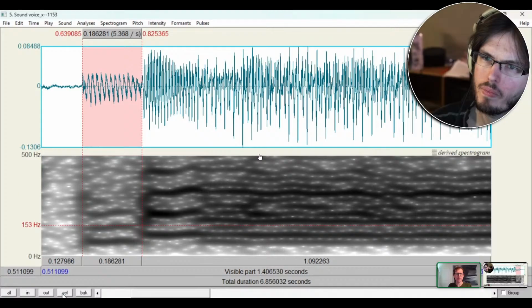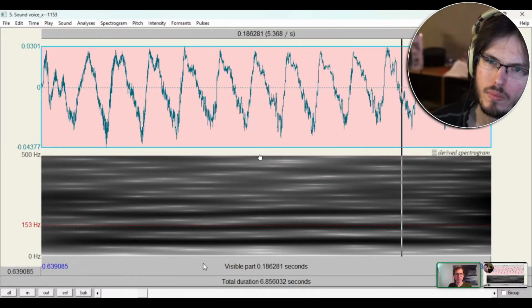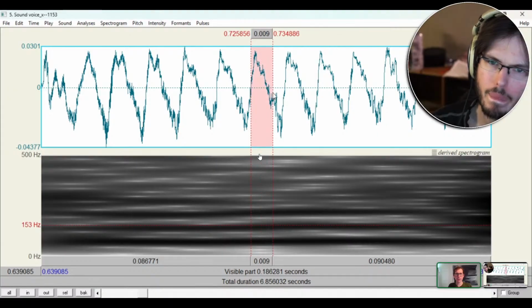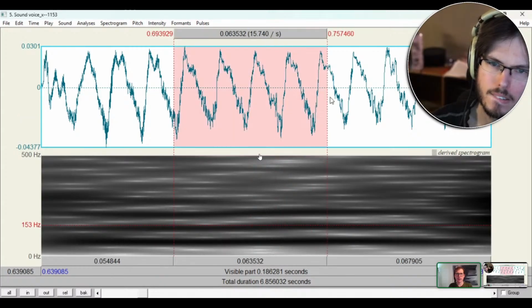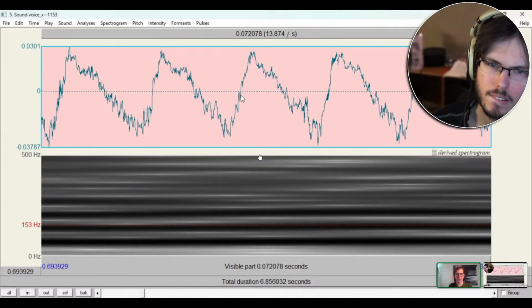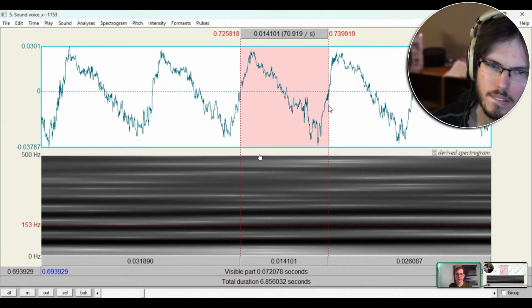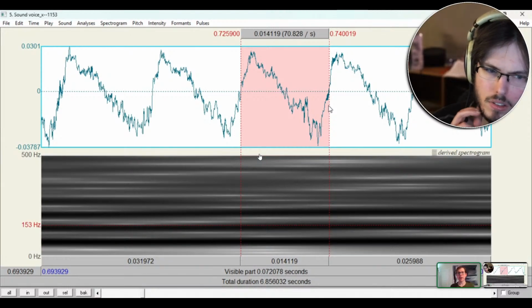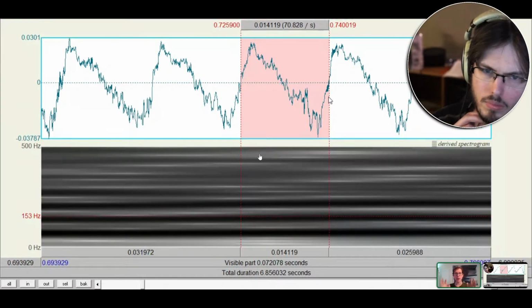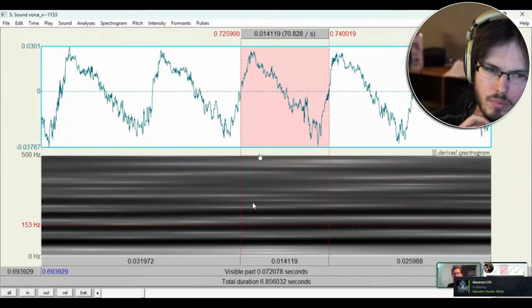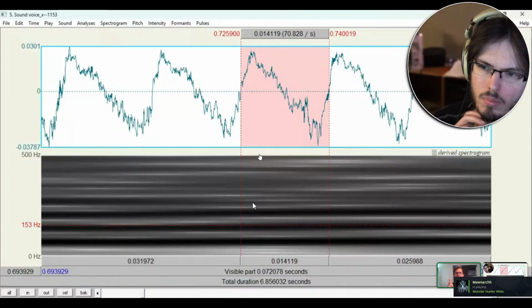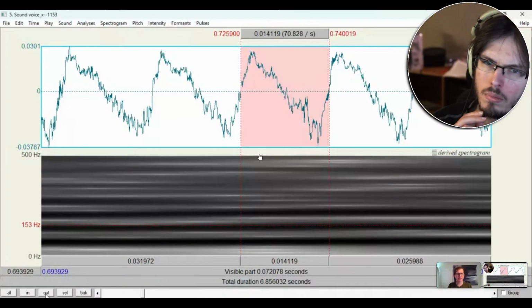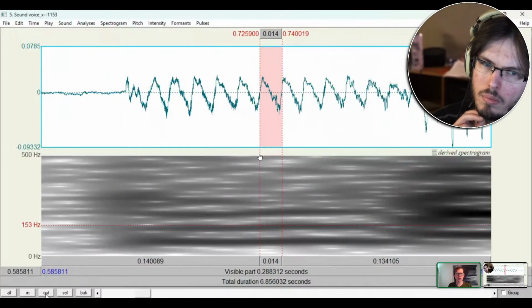But if we look at the waveform for just the first part, and we hone in on just one. Oh, you know what? That's too far out. If we zoom in and just look at one cycle, we're looking at a vibration of about 70 hertz. That's in the ballpark of what we saw before with throat bass. When I looked at the throat bass examples, they tended to hover around 70 to 80 hertz. It kind of depends on what the vibration of the true vocal folds is.